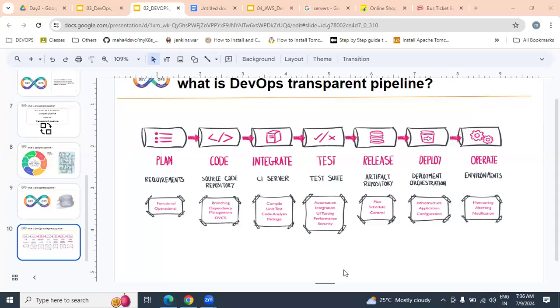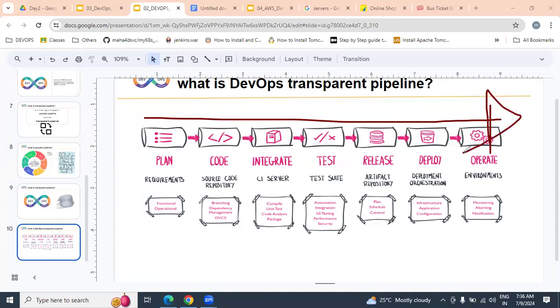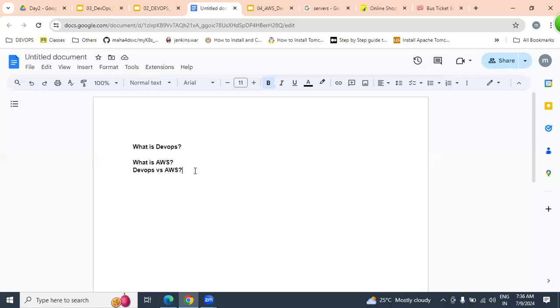But the question is, before moving forward: for implementing this automated DevOps process, we require infrastructure. What is infrastructure? I'm asking the dictionary meaning.